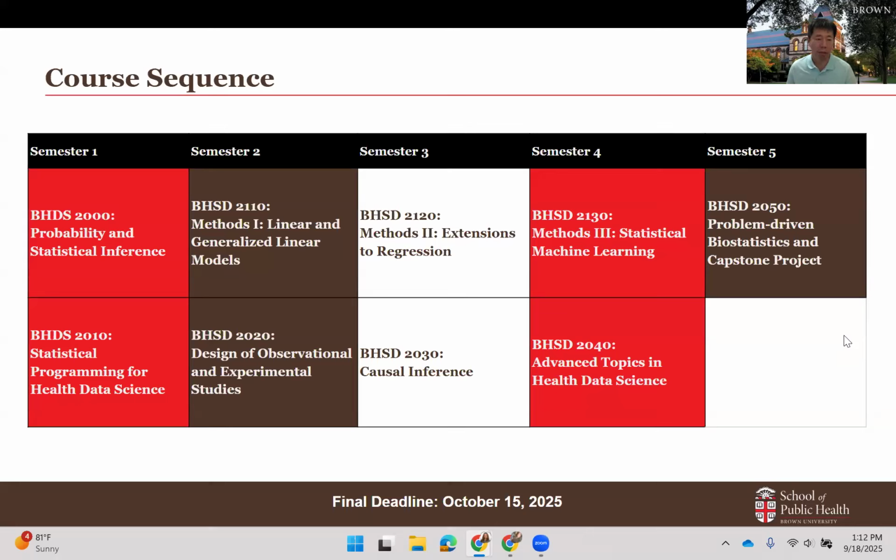The second course in the second semester is Design of Observational and Experimental Studies. The instructor is Dr. Ri Tanger. He has many years of experience working with clinical investigators. This course will introduce the basic concepts and types of experimental designs, and it will focus on the statistical properties and applications in biomedical research.